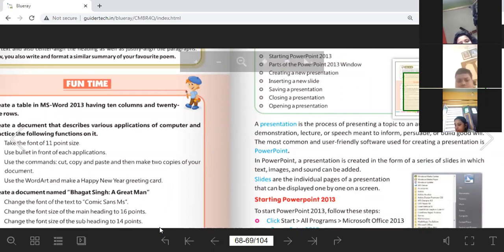In your book, you have different pages, a number of pages. आप एक के बाद एक पेज खोलते हो, उसके बाद उसमें जो भी इंफॉर्मेशन दिया हुआ है आप उसको go through करते हो, उसे read करते हो. Same in the PowerPoint presentation. What are slides? These slides are individual pages. वो एक एक पेज की तरह है जो आपको इंफॉर्मेशन या जो ऑडियंस को इंफॉर्मेशन प्रोवाइड करता है, से स्क्रीन में डिस्प्ले करता है.